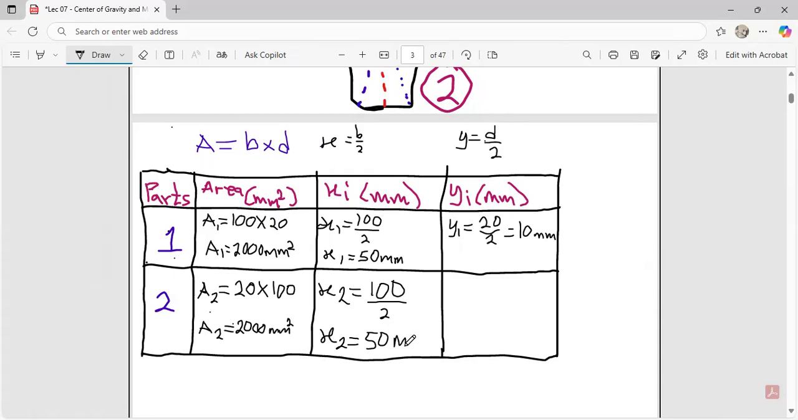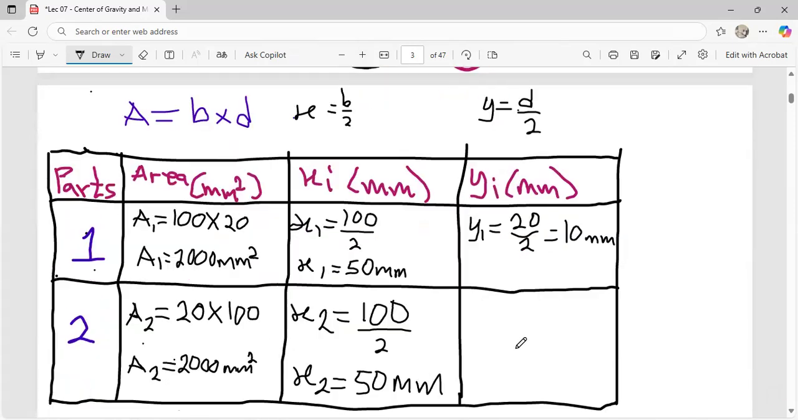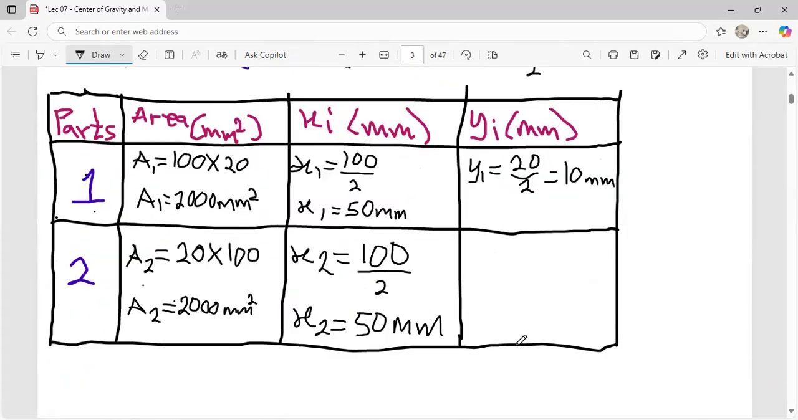50 mm. Good. From here, we have to calculate for our y2. And our y2, as we discussed earlier, because a different part has been added to it, you realize that